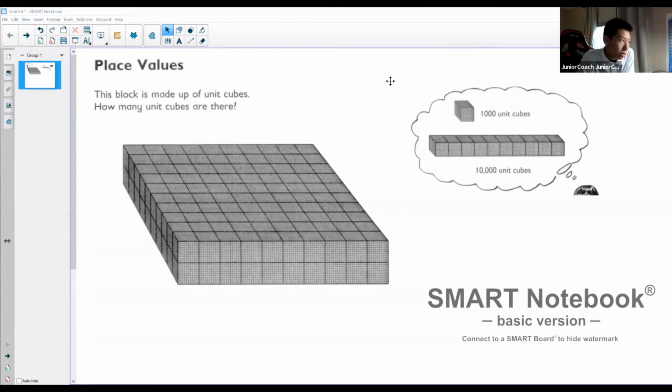Just to repeat the question, this block right here is made up of unit cubes, and the question is, I can't find the word here. And the question is, how many unit cubes are there? All right, so